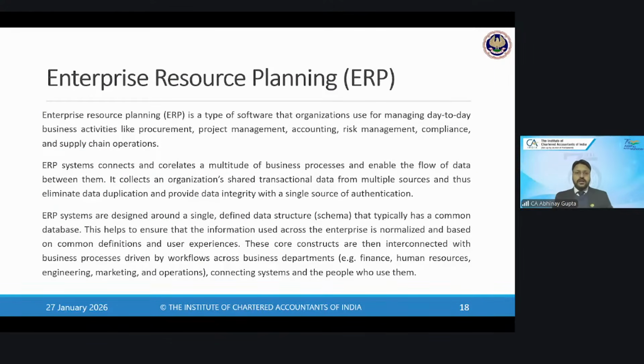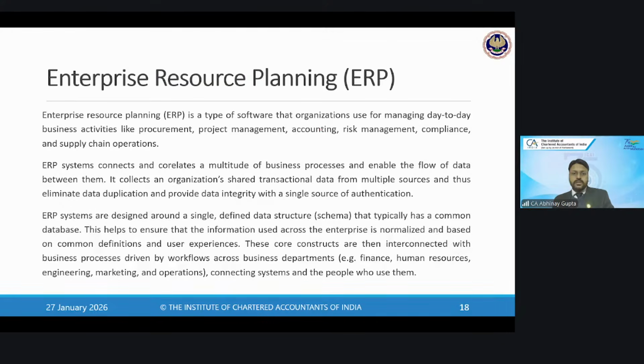Now, the next discussion point would be around ERP, Enterprise Resource Planning. So, what is ERP? ERP is a software, right? That we all know. We have been using Tally lately. There are many more ERPs available in the market. Like QuickBooks is one example. SAP is certainly known to everybody. Oracle is there, right? And CBS, core banking system, is also one of the ERPs which banks generally use for their